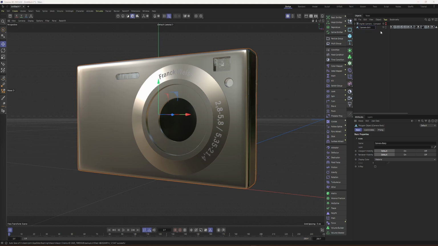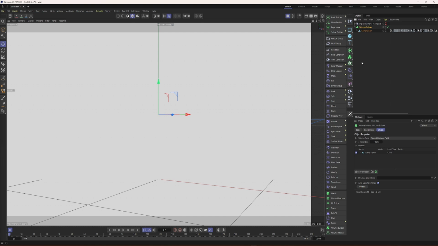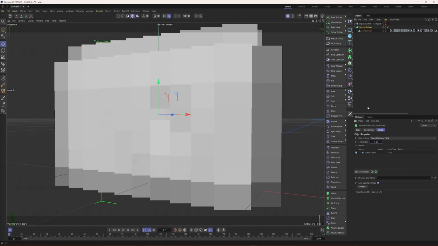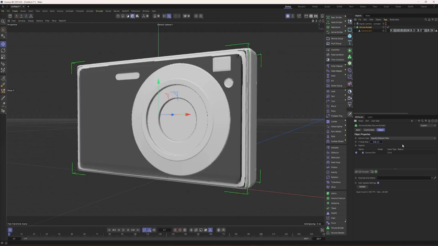We want the geometry of the object to be uniform. This is not a problem with this object. The geometry is even, but maybe you are working on an object that has no quads. For this purpose, we will recreate the object and put it into a volume builder. In the volume builder, we set the voxel size to a very small number, 0.02,